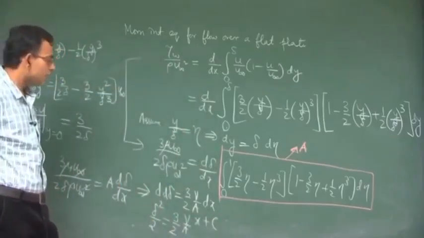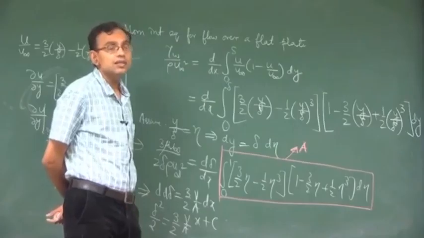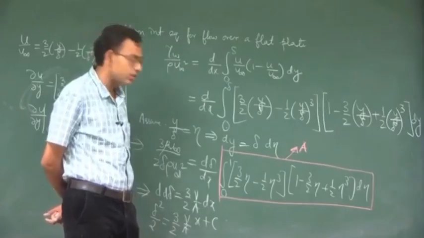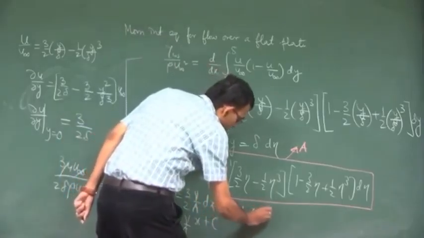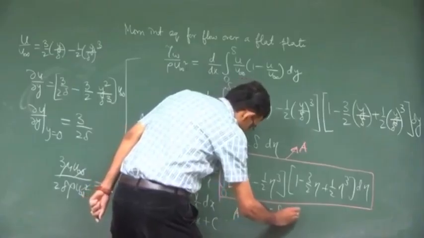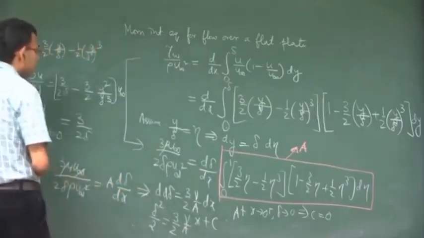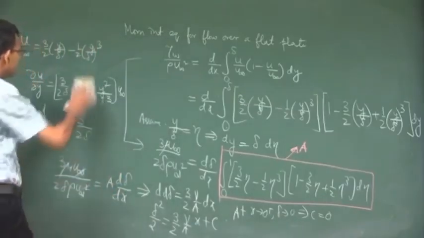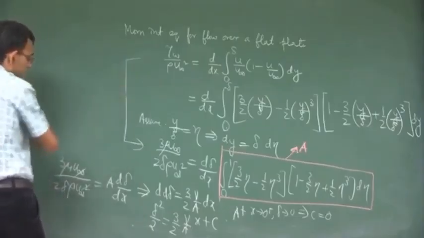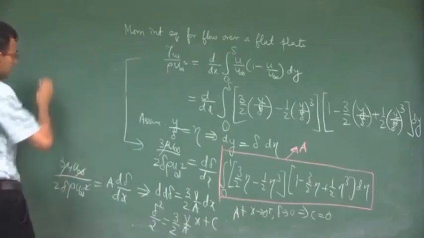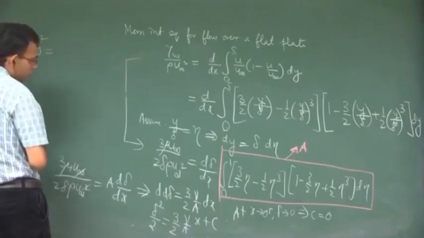So, what is this constant c? As x tends to 0 plus, delta is tending to 0, that is the edge of the boundary layer. That means c equal to 0. So, you will get from here, so let me utilize this space. You will get delta square is equal to